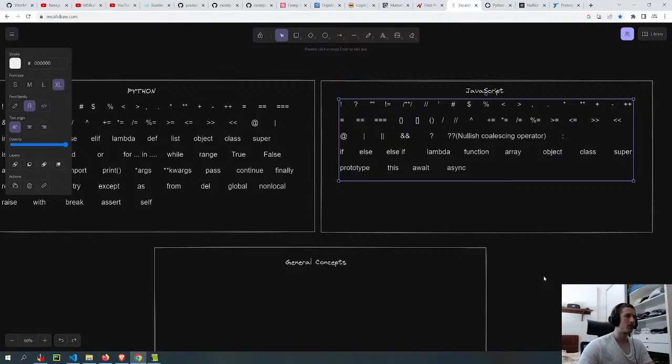But then the idea that I have is to do something similar to that, which is obviously going to be less efficient because I'm going to do it manually. But like I said, 20% is going to give 80% of the result. So as long as I can do this for 20% of the syntax and the fundamentals, I think that's already good enough. Even though I'm going to do it manually, it's going to take longer, because the return on investment on the time is going to be very high, I think.